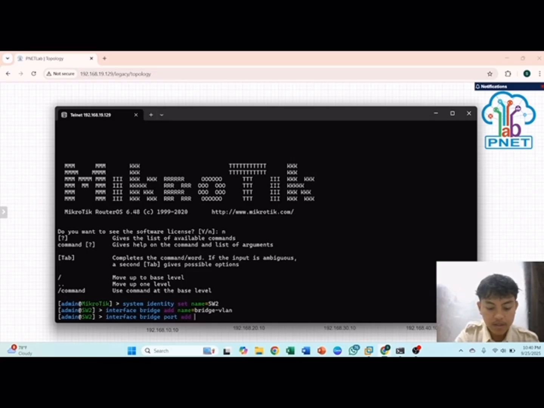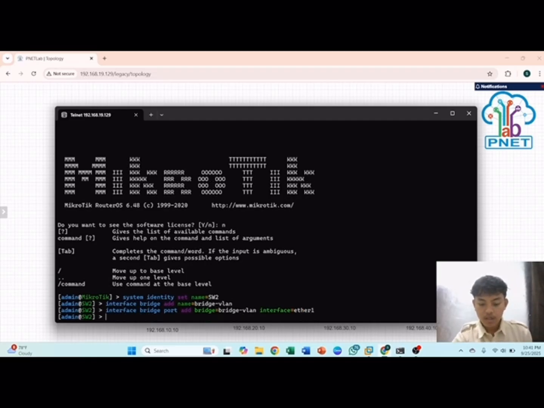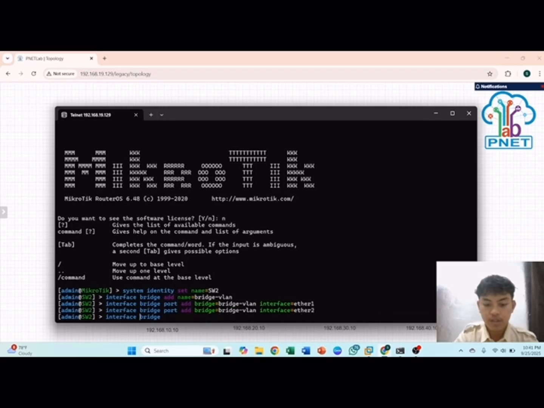Add bridge VLAN, and then interface Ether1. Do the same for Ether2 and Ether3.